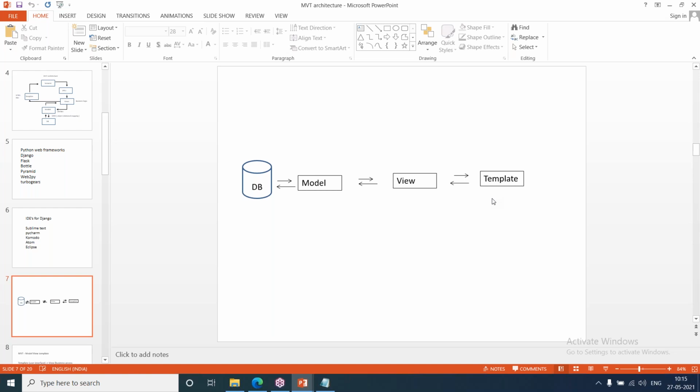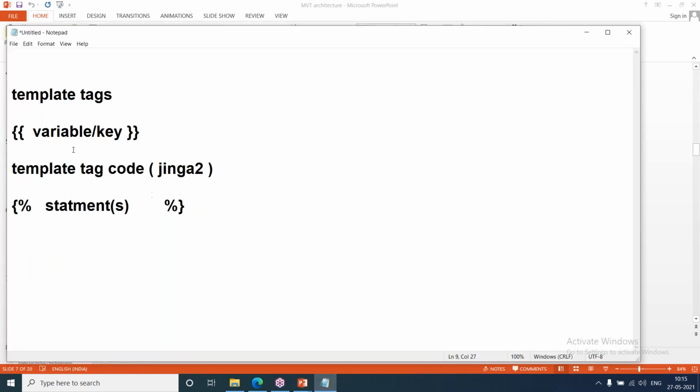If the HTML file contains HTML, JavaScript, CSS, jQuery, Bootstrap, it is a static page. If along with HTML, CSS, Bootstrap, template tags or template tag coding are given within the HTML tags, then it is treated as a dynamic page.